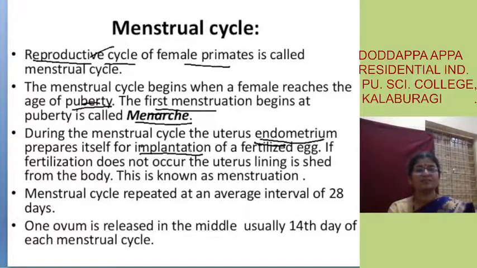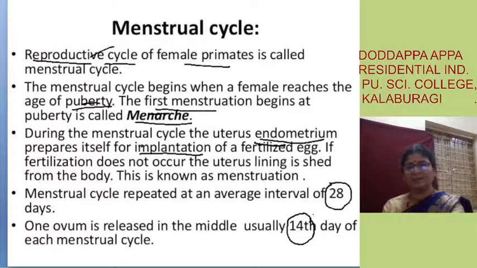Fine. If the ovum does not get fertilized, then this endometrium will get degenerated and come out in the form of bleeding. So bleeding is a very important feature of the menstrual cycle that you have learned, and this process gets repeated approximately every 28 days. A 28 day cycle I will say is the standard cycle, but it may vary in some females, from 28 up to 35 days. And ovulation, the release of the ovum, occurs on the 14th day of the menstrual cycle.